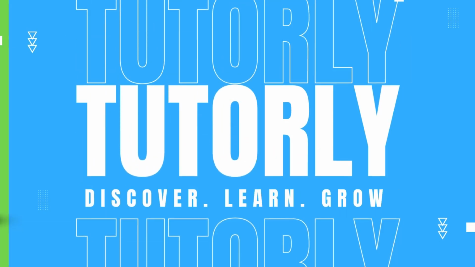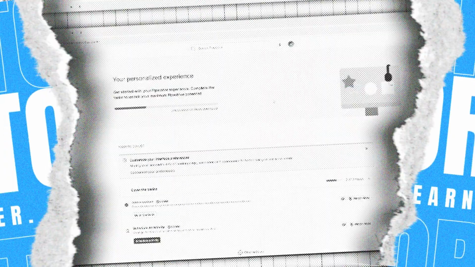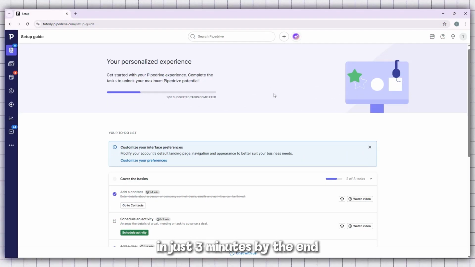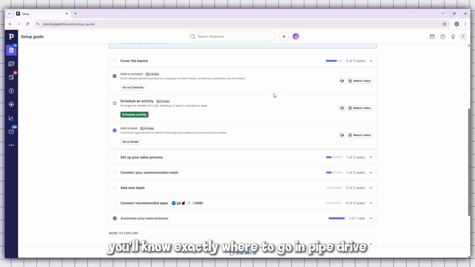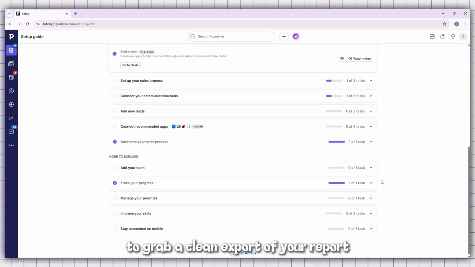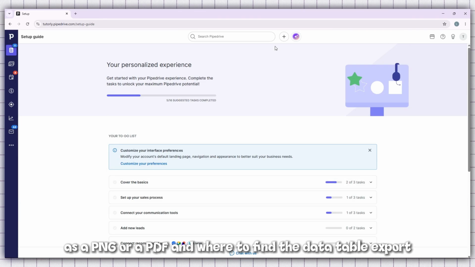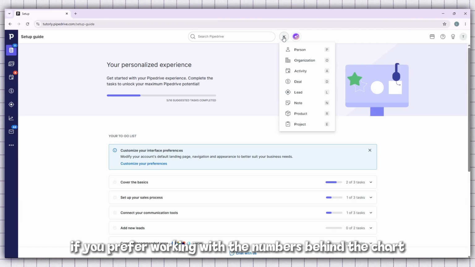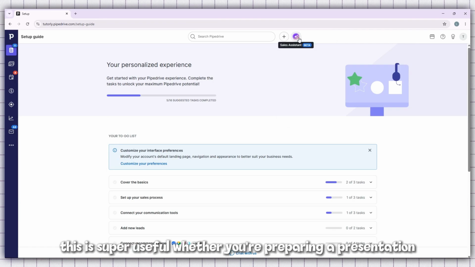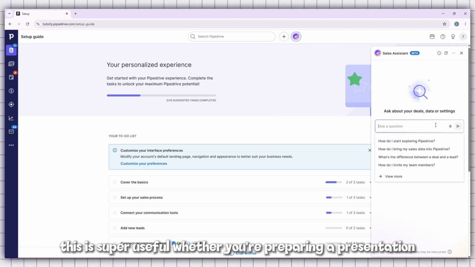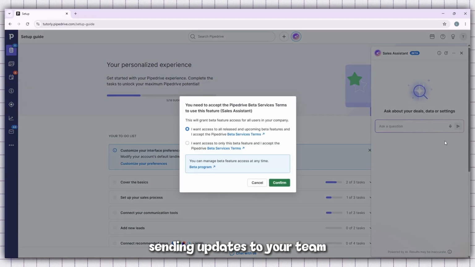So in today's video, I'm going to show you exactly how to export a report from Pipedrive in just 3 minutes. By the end, you'll know exactly where to go in Pipedrive to grab a clean export of your report as a PNG or a PDF, and where to find the data table export if you prefer working with the numbers behind the chart. This is super useful whether you're preparing a presentation, sending updates to your team, or doing